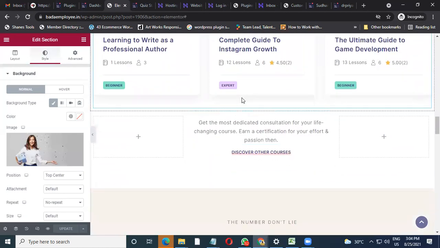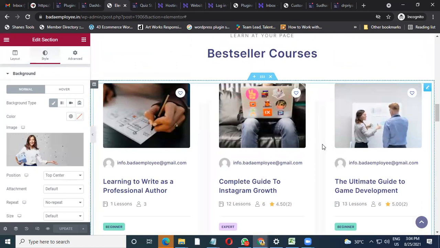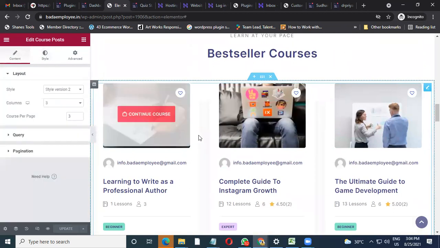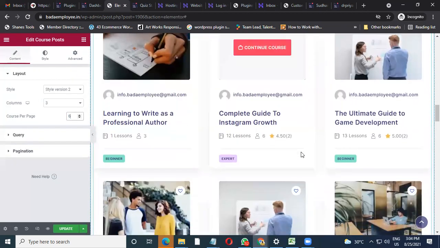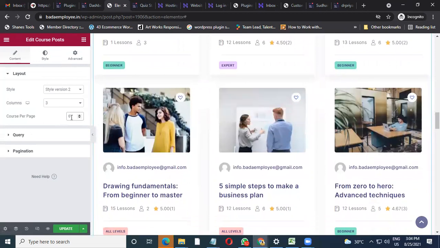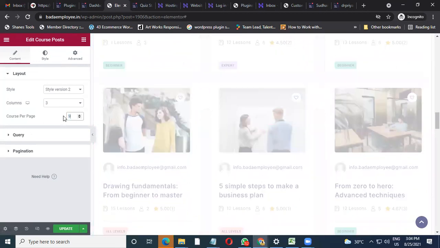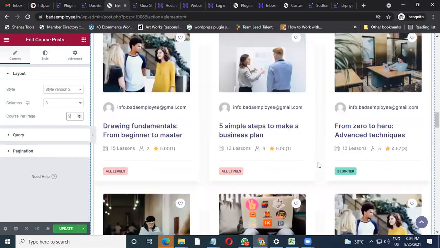Now instead of 3 courses, if you want to show more, okay, you say all right, instead of this I want to show more, click over here in the center between the courses, and you would be able to see columns and courses per page. So this is the area wherein I can say, okay, I want to show more courses because in my course builder, I've added more courses. So these are 6 courses. If you want to add more, you can make it 9. So multiplication of 3, you are doing it, and it will show 9 courses on your website.